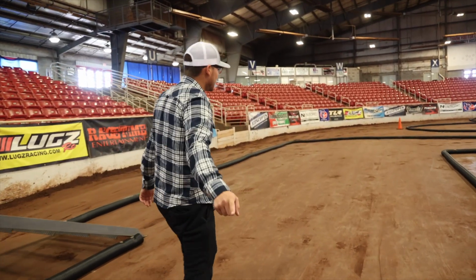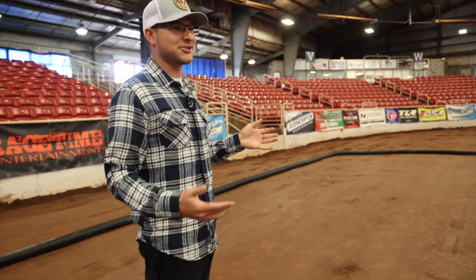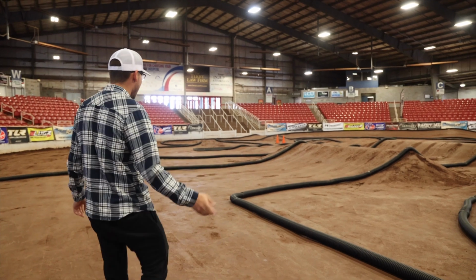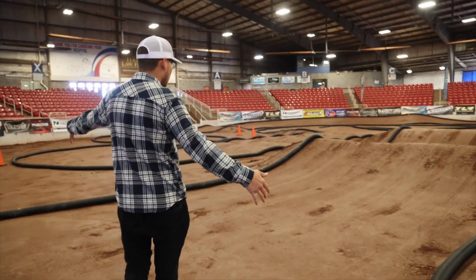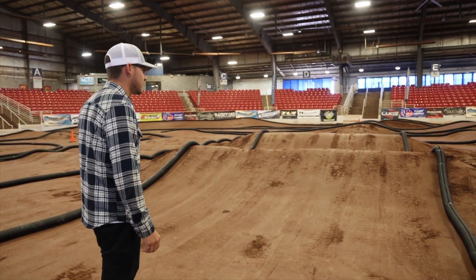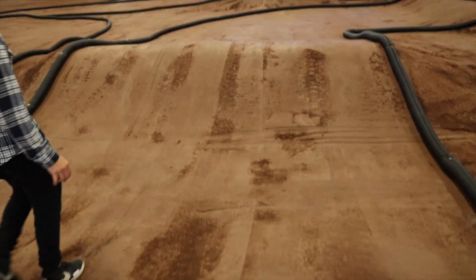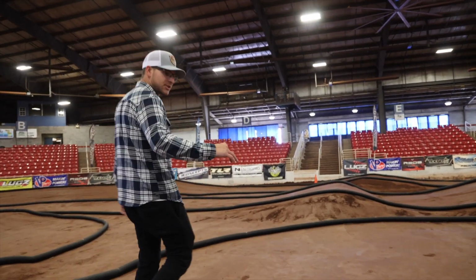So you come down the front straightaway, and my first impression of the end of the straightaway is that it's a 90 degrees, which is not always the best kind of racing, just because you're going basically Mach 10 down the front straight into a 90 degree. But the good thing is there's enough room. It's a pretty wide footprint of a lane here, so there's enough room to really pick your lines. So it looks like the first obstacle on the track is a double. It's actually a pretty good size considering it's the first jump after the straightaway. You jump into this 90 degree,